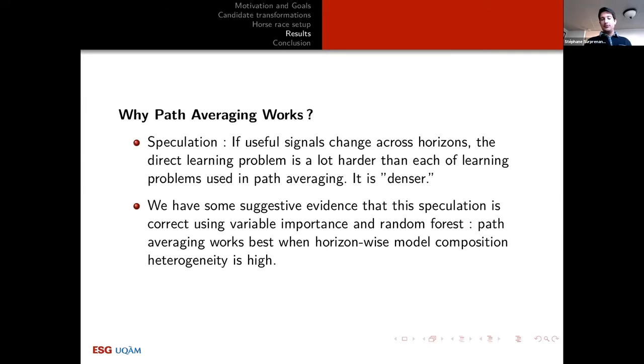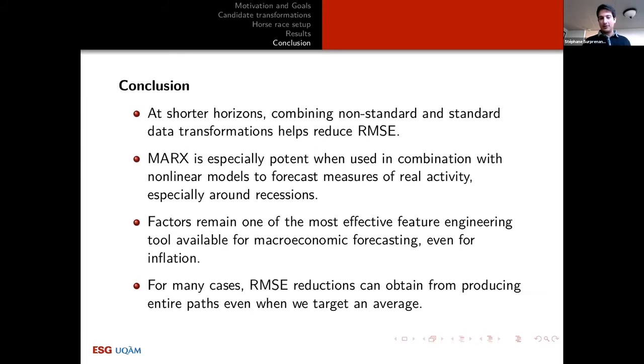There is some suggestive evidence in the paper that this is exactly what happens. With the random forest algorithm, you can tease out the variable importance and see that indeed when there's a lot of model composition heterogeneity, that's when it works. And when all the models at all horizons seem to be weighing in the same way on the same types of transformations, that's when it doesn't matter. So basically, some of the new transformations seem to help, especially MARX at